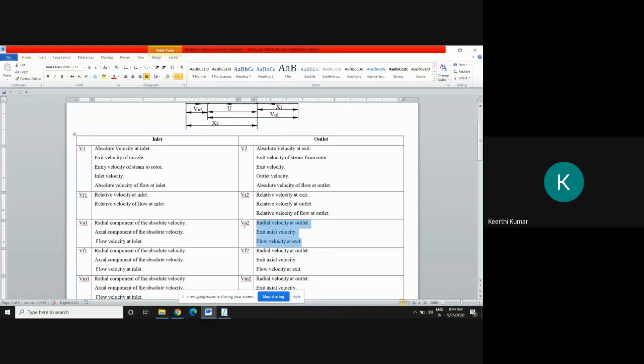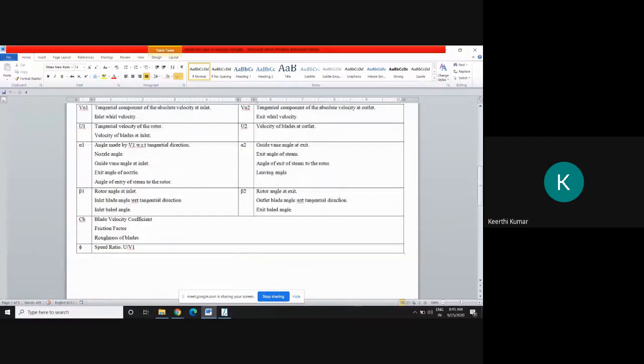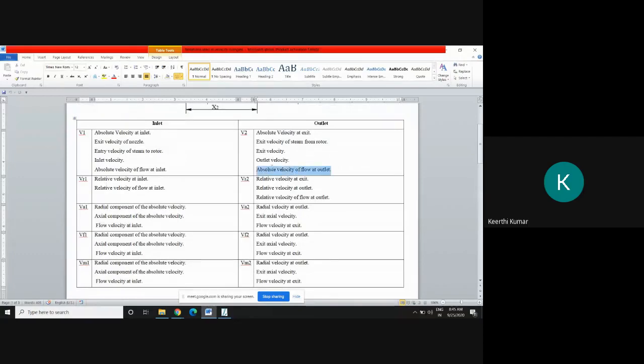Go through this. What is VA? These three definitions you should know. That's all. What is VF? You should know these three definitions. VR, you should know these three definitions. V2, you should know all these five. That will come with practice. If you practice more and more problems, it will come directly. Without remembering, you will come to know what the given thing is and what notation it is supposed to take.